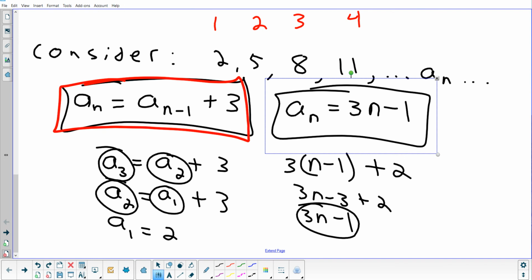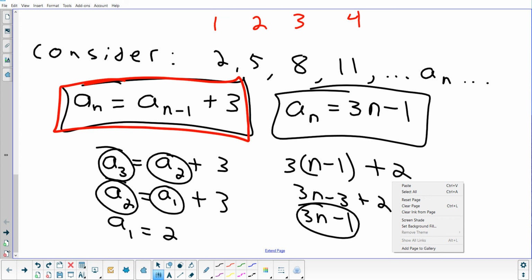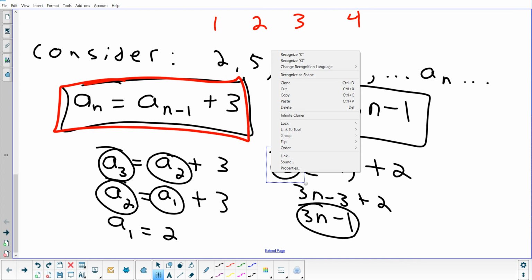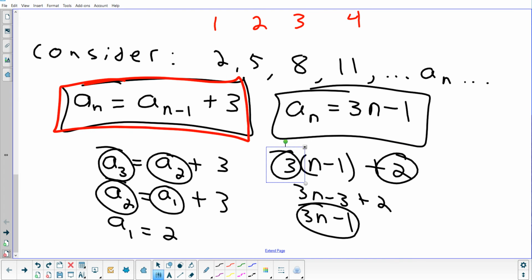He said something times n minus 1 plus something. That's exactly the way you start by finding an explicit formula if you don't know it. Maybe he already knew it, but at the time what he was really giving me was the common difference in the sequence. That's what this is, right here. Common difference. So that's the common difference, and that is the first term. Those are the only two things that change. D goes here, first term goes here. And then you simplify it as much as you can, right?